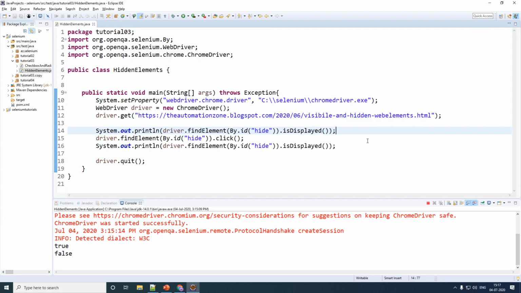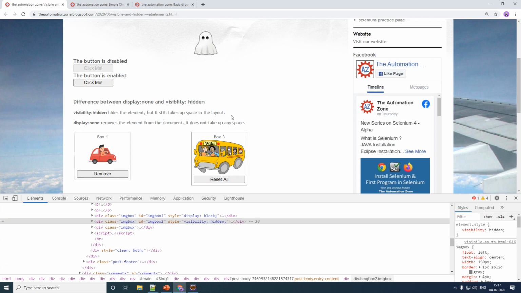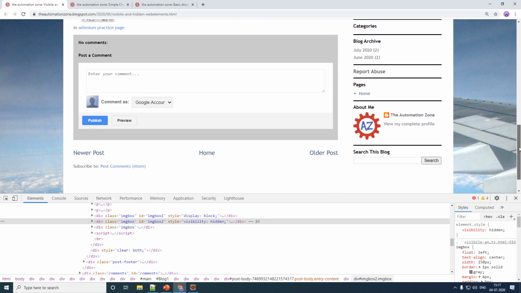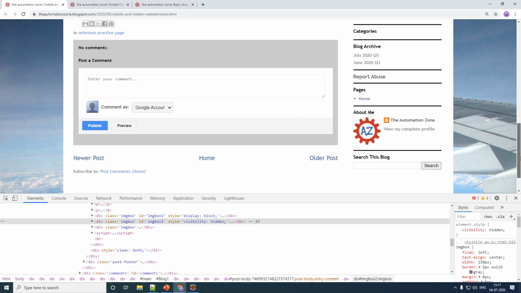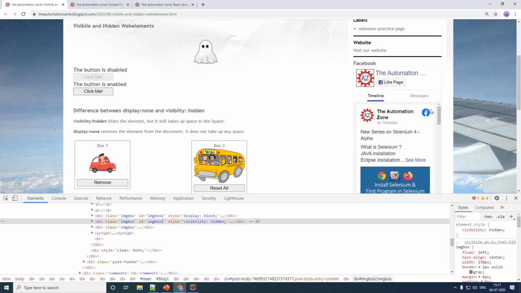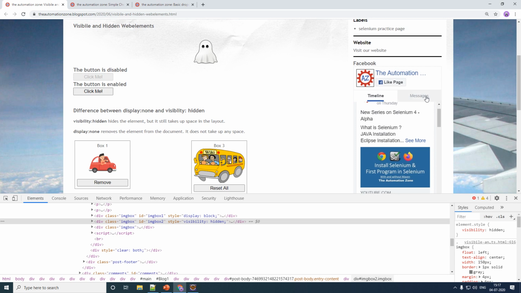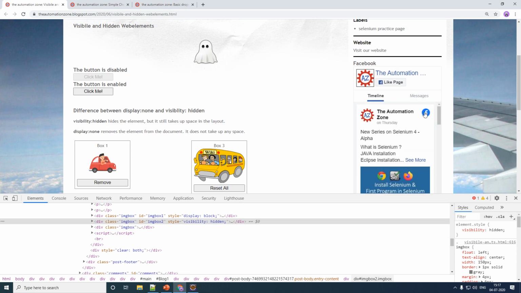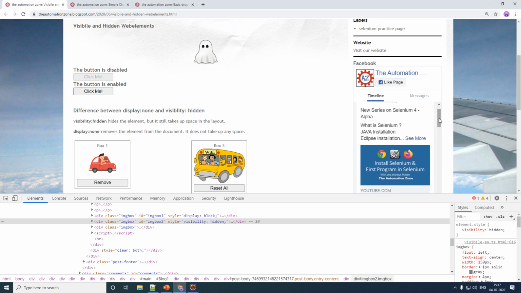Make a note of these key pointers when you are performing the isDisplayed check. Pointer number 1 is if you have elements which are present in your web page but are not in view because you have to scroll below, as per Selenium they will still be visible. So this home button here, old post and your new post, they are still isDisplayed equal to true even if you are working on the elements above and they cannot be seen. Now with that said, this Facebook logo right here, when I scroll, it goes underneath your message tab. Or in other words, your message tab is covering your Facebook logo. In such a case, the visibility is true here, but now the visibility is false.